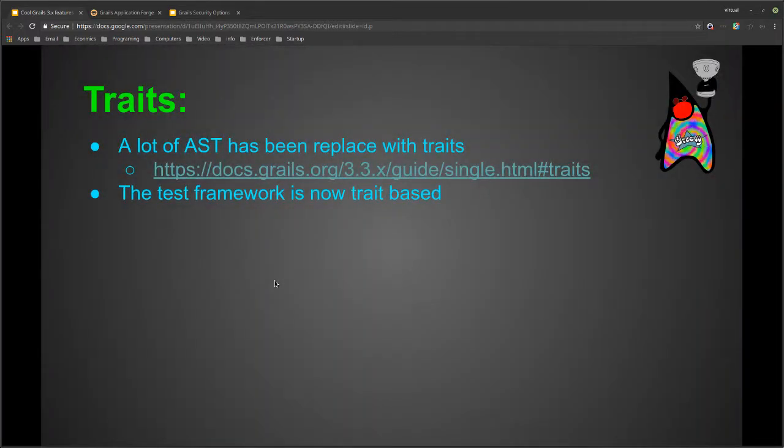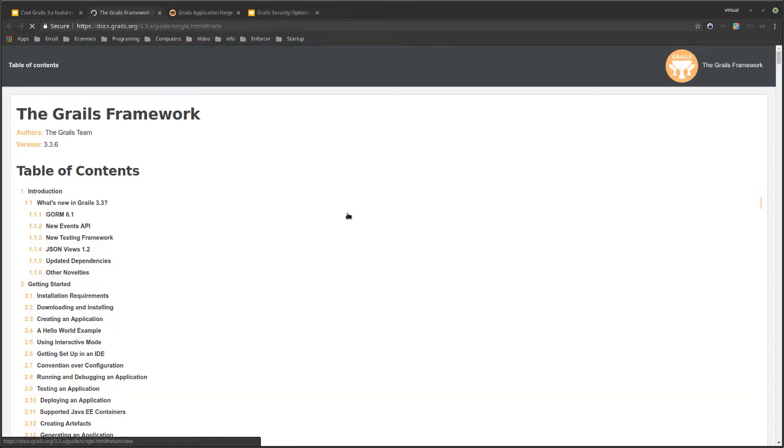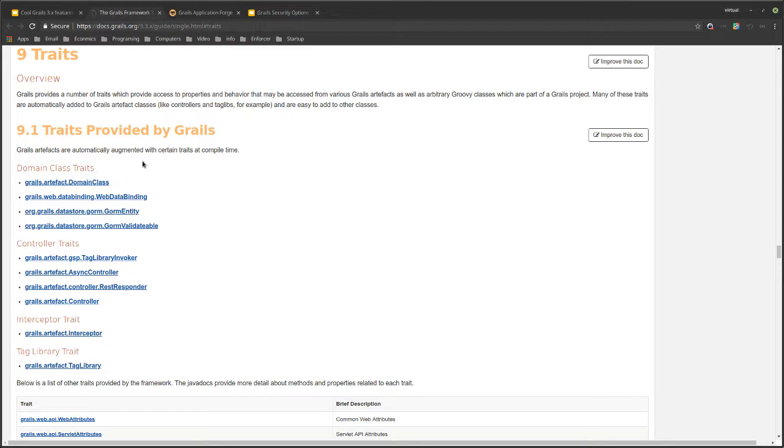So traits. There's a lot of things changed in Groovy to be trait based. A lot of the artifacts, like the domain class and the controller class, were enhanced before by runtime metaprogramming, and then eventually in Grails 2 they had compile time metaprogramming, which was harder to maintain.